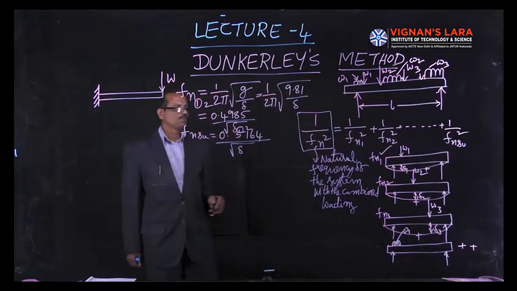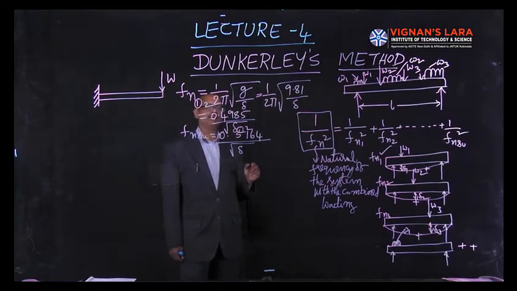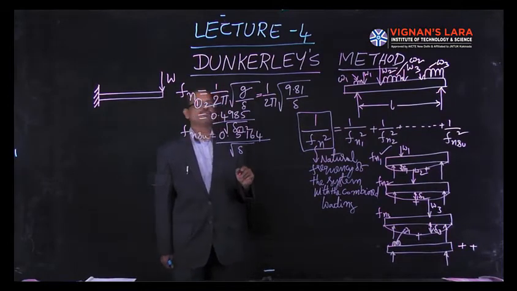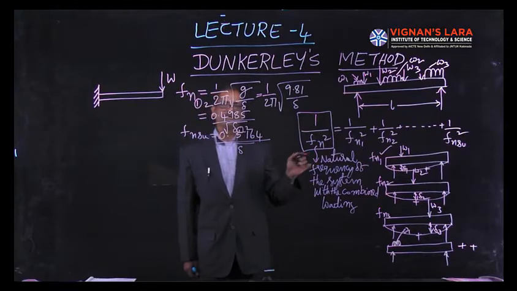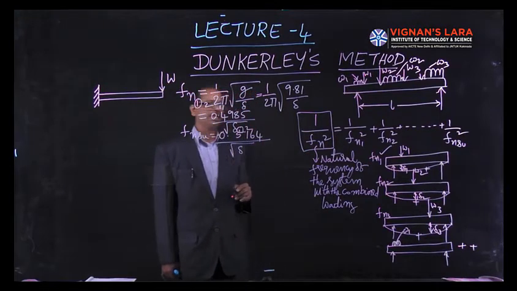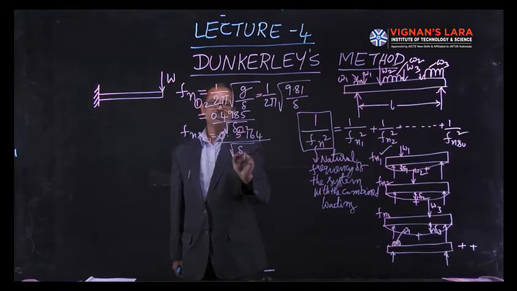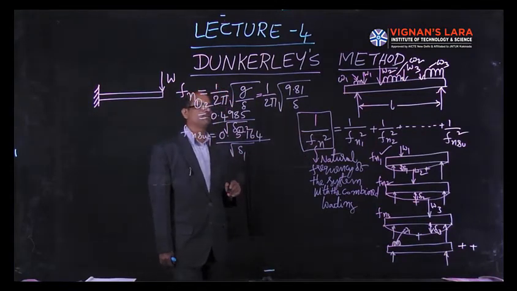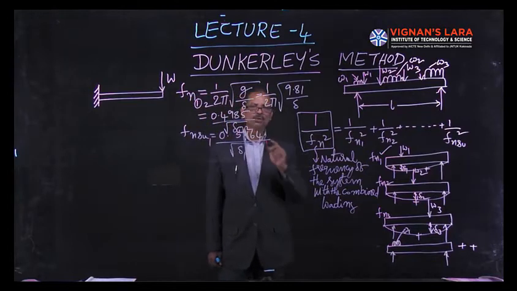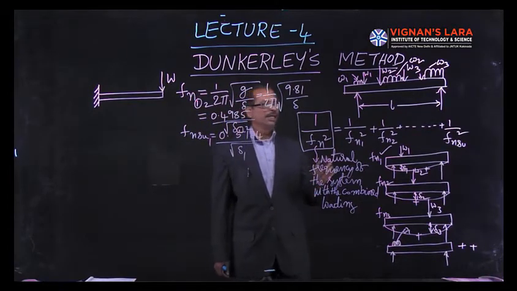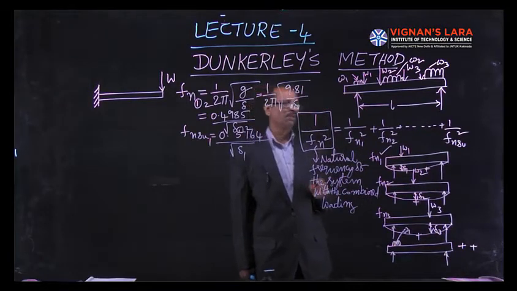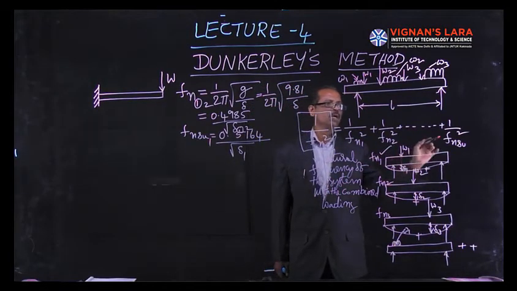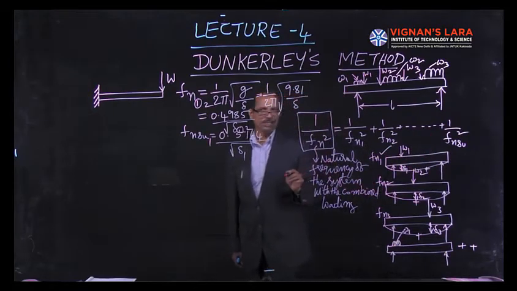Okay, so by calculating your delta 1, delta 2, delta 3 values, we can first find out Fn1, Fn2, Fn3. If it is a UDL, then we can go for the other equation, 0.5164 by root delta. This is also 1, 2, 3, 4, however many you have, that many you will write. Then you will get the natural frequencies. If you get all the natural frequencies as individual loads, then substitute in this equation: 1 by Fn square is equal to 1 by Fn1 square plus 1 by Fn2 square plus so on, 1 by Fnn square, you get that value, isn't it?